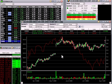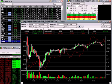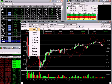Okay, some quick highlights from today. ONNM was the first one. It gapped up. We started looking at it on fives. You see your lower tops here. Doji, several of us bought it right here. Hopefully, actually, I did see some people selling up into this pop. I actually let it come all the way back down and it stopped at break even, so I came out even on that. Then we switched to